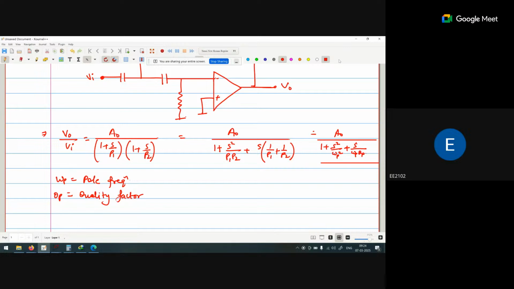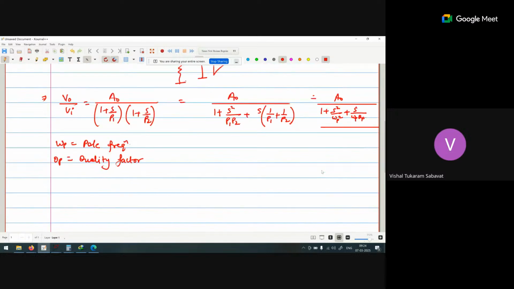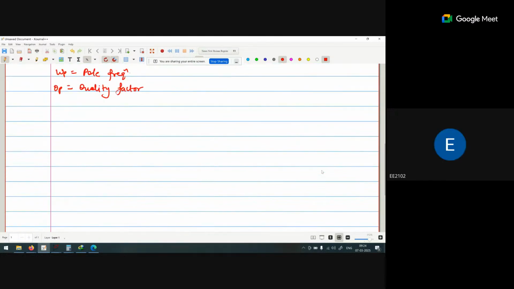Any doubt? No, sir. Now this is my generalized equation, from which we get omega P and QP. Now if I calculate the transfer function for this given circuit,